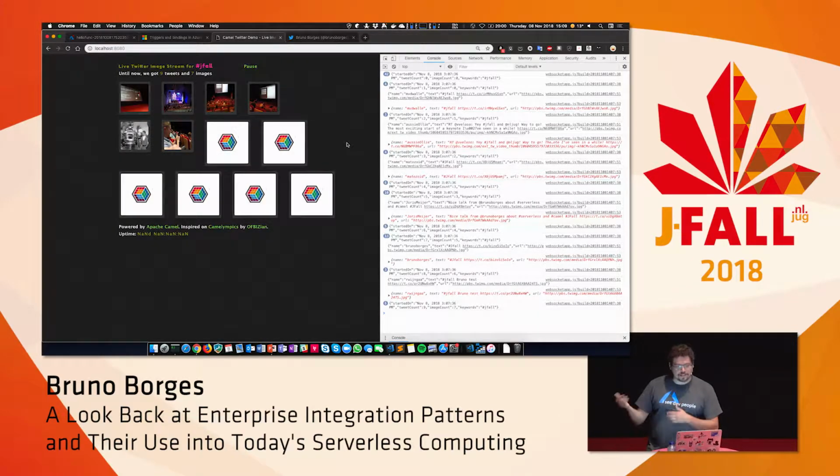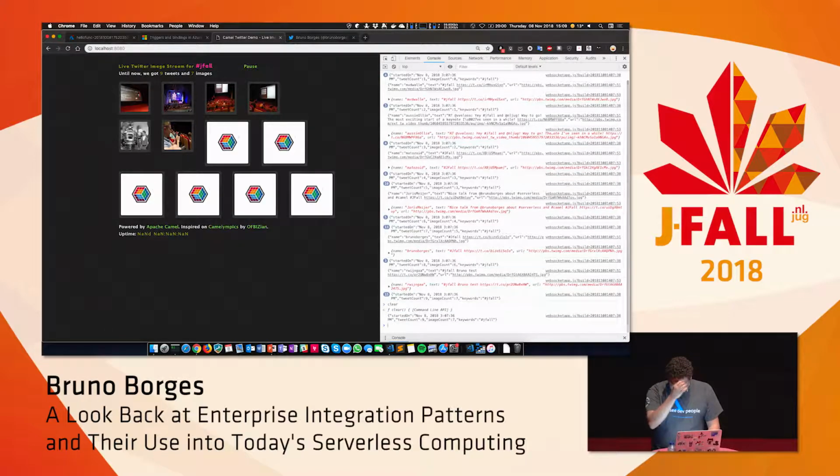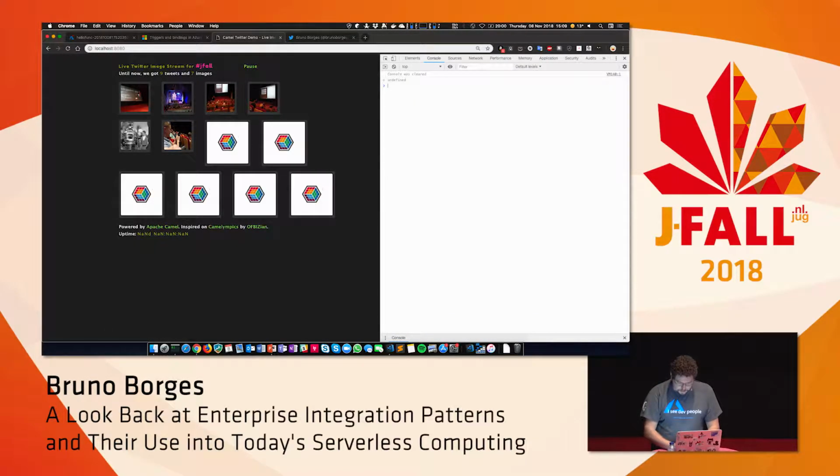So it gets tweets, and then it sends them over WebSocket to this HTML application. And I actually can change it. If I go app images, which is a JavaScript object in my client-side code, I can just search, and I can provide another hashtag. I can say soccer, and it will flip.